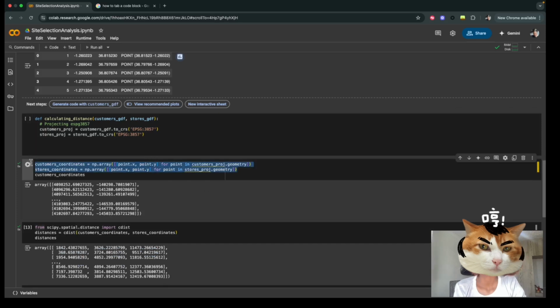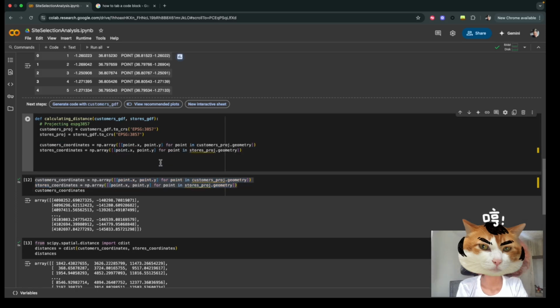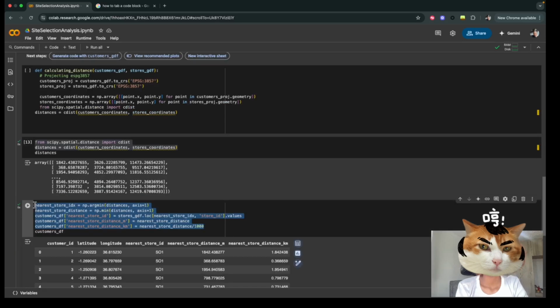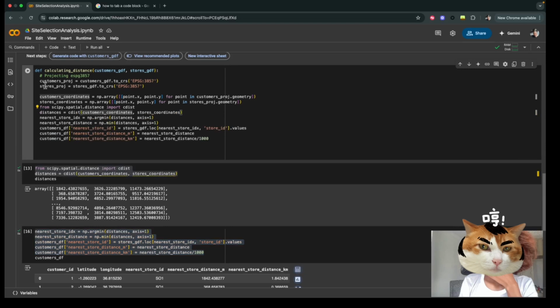So we will do this. We'll just add a tab there, and I hope we won't need to. You can add comments to separate and understand what each line of code is doing. So we can do this and then we'll tab it. Okay, so this is a projection. This is a